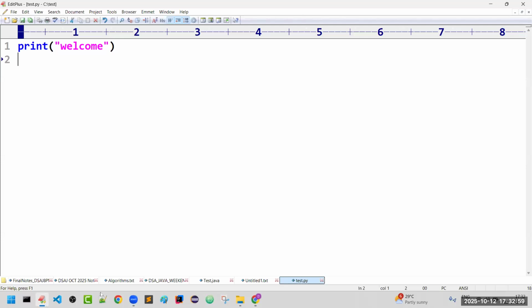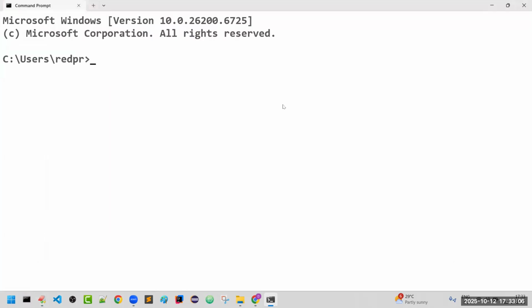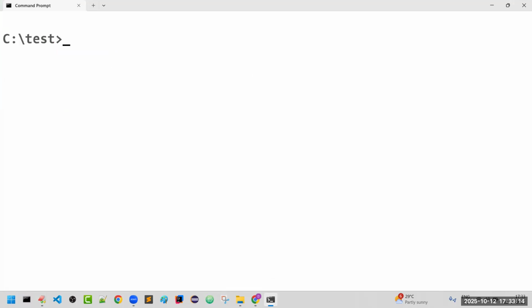How are we going to execute? We need to open the command prompt, and inside it I move to the location where I saved my file. Then there is one command to execute a Python program. What is that command? It is py. Py space test.py, because that is the file name I have given.